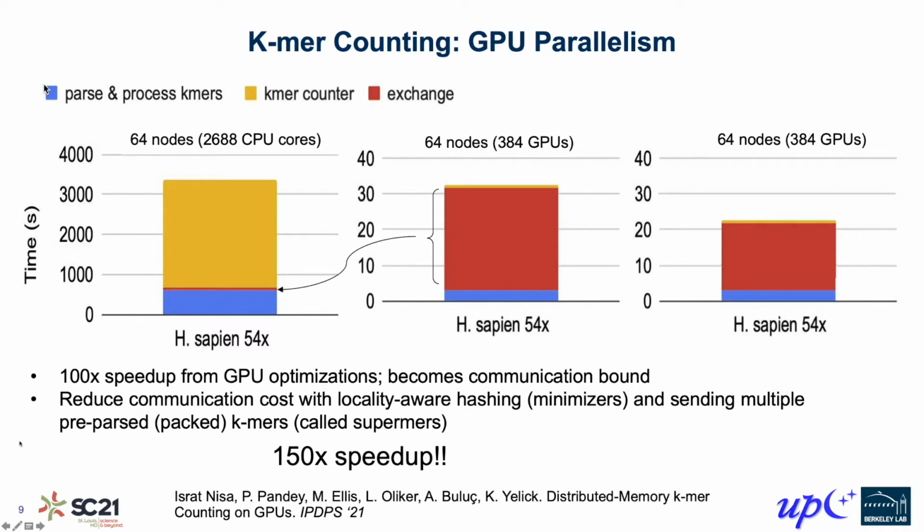First, it uses a hash function that's based on substrings of the K-mers, which has the effect of putting nearby K-mers on the same processor, which will also improve locality for later stages of the assembly. In this stage, it allows a pre-parsed version of the K-mers to be communicated, so before that factor of almost k expansion, saving significant communication volume.